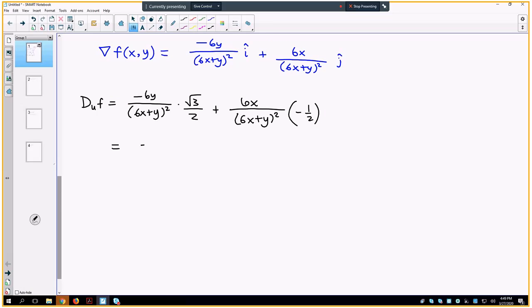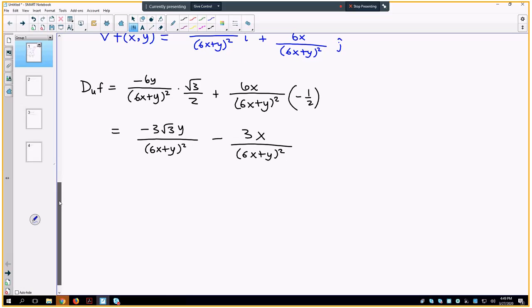So that's minus 3 square root of 3y over (6x plus y) squared, minus 3x over (6x plus y) squared. And I want to evaluate that at the point (2, 0). So the directional derivative of f in the direction of u, evaluated at the point (2, 0),